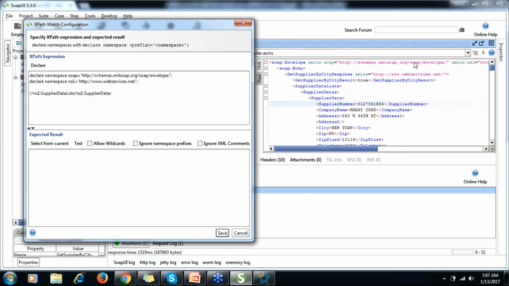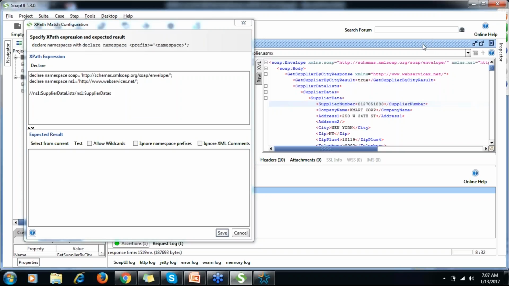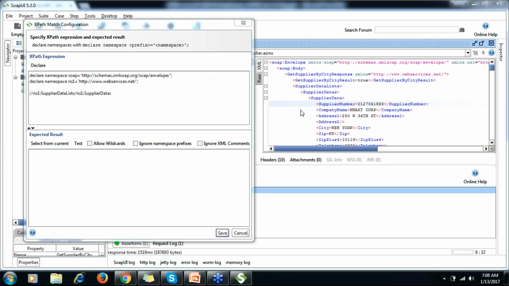So in supplier data you can see there are various suppliers, right? So in supplier data I need to mention which supplier data I want. Your first tag will be 1, your second tag will be 2, so we need to provide the number.